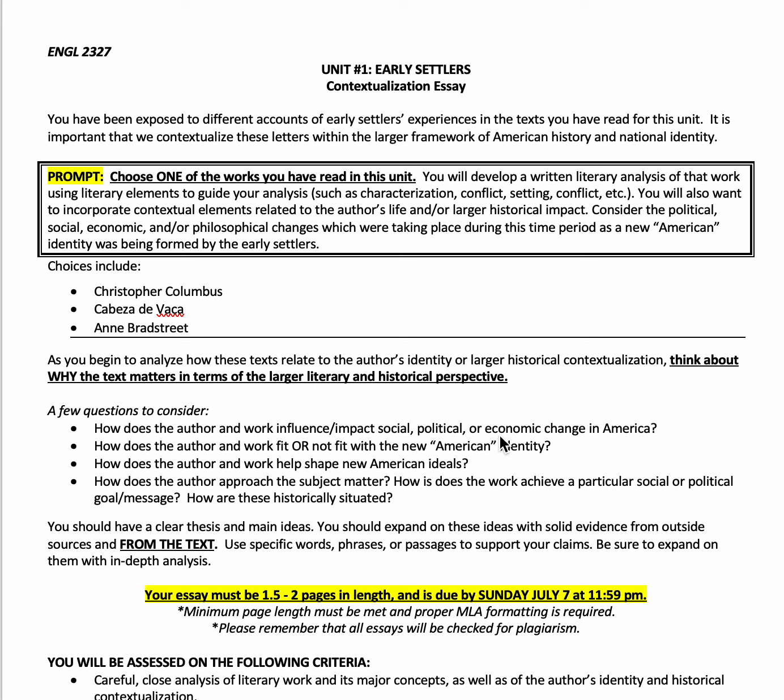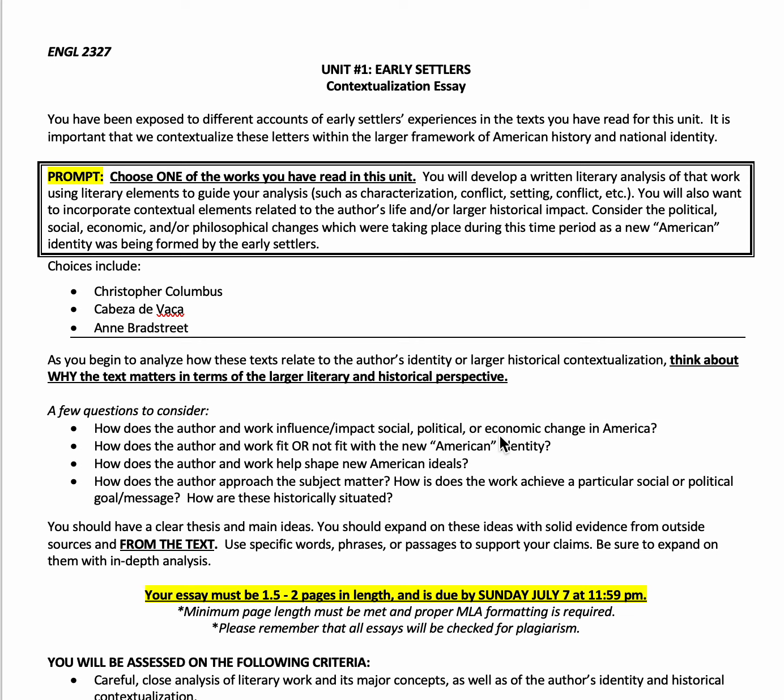So, for example, why is it important that we read Columbus's letters and see how he talked about the native people or the land, or how he portrayed his experiences to Ferdinand and Isabella? Why is it important that we have Anne Bradstreet's perspective of gender dynamics or domestic life? Or the role, just to get the understanding of the role of a woman in Puritan society. Why is this important, right?